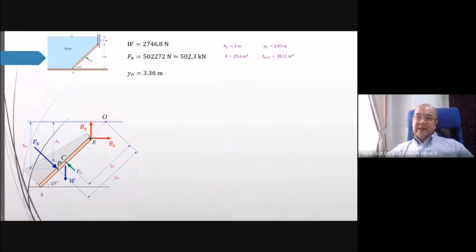Finally, we need to calculate F. To calculate F, as planned, we are going to apply the equilibrium, or precisely, the equilibrium of moment. We choose point B. Why do we choose point B? It allows me not to calculate Bx and By. We know that moment is distance times force. If the distance equals 0, the moment will be 0. So if I choose B, I don't need to calculate Bx and By. I take the convention positive anticlockwise. So if we write the equation of moment for this diagram,